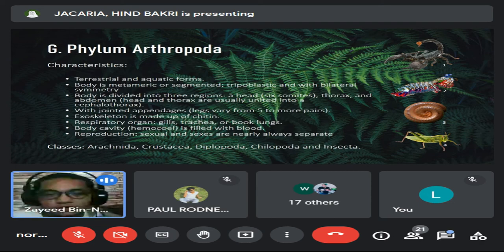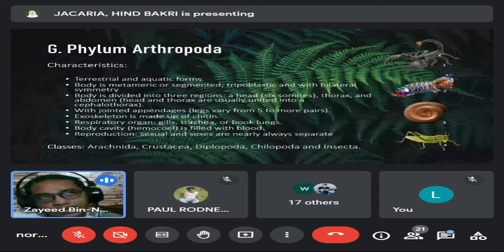Next is the jointed appendages. Legs vary from 5 to more pairs. Next, the exoskeleton is made up of chitin. Chitin is a polysaccharide that is the principal component